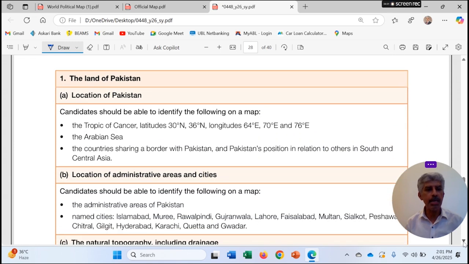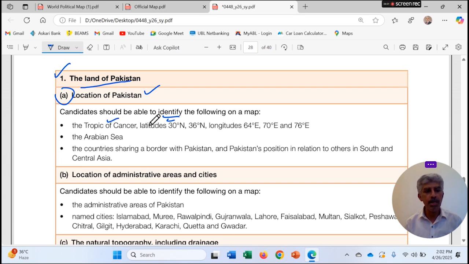So here is the syllabus content. Right in the beginning, we talk about the land of Pakistan, and in this one, A factor, location of Pakistan, that where Pakistan is located, and we teach the students to locate certain things on the map, and identification factor is there. Students are supposed to, and they are able to identify the following things on the given map: